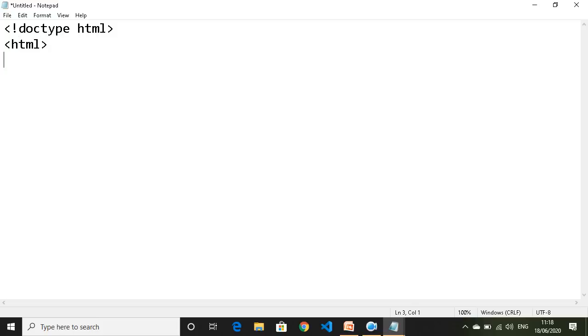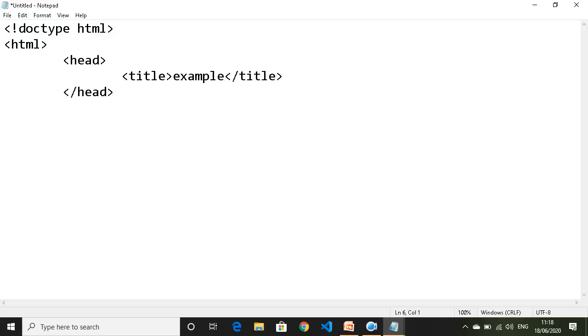HTML will indicate the beginning of our web page. Head section contains title part. Whatever we will type inside title will display on the title bar of the browser window.